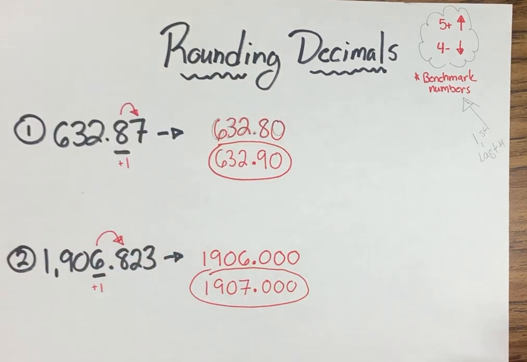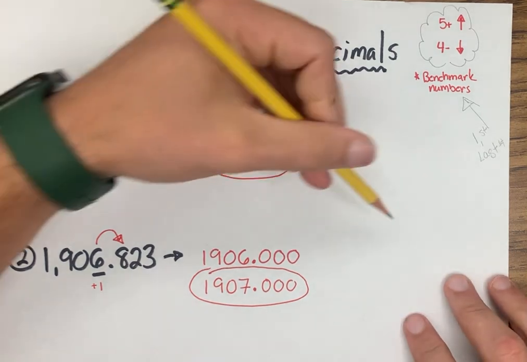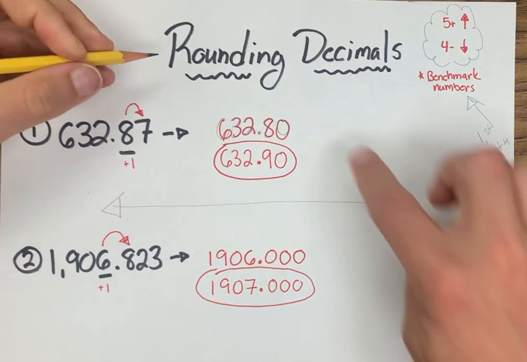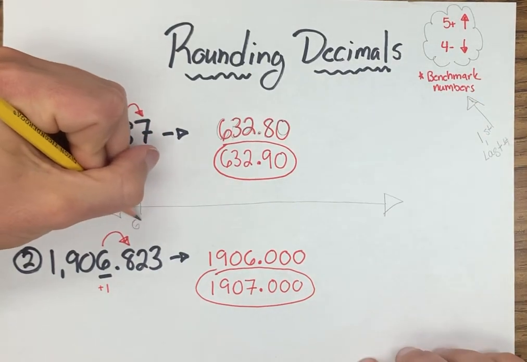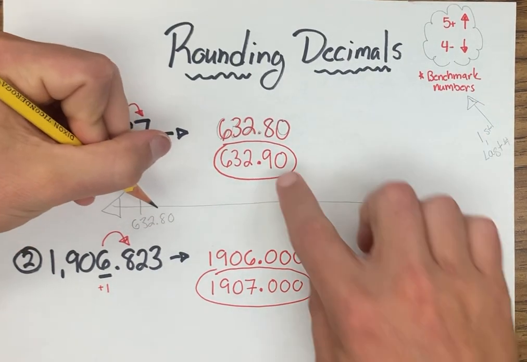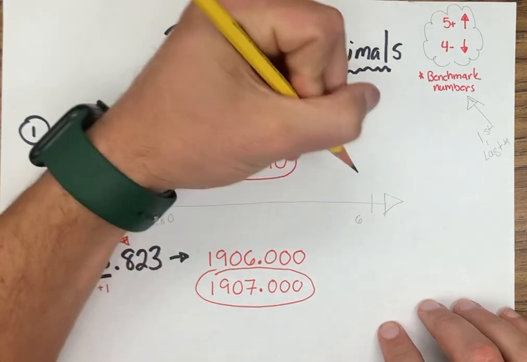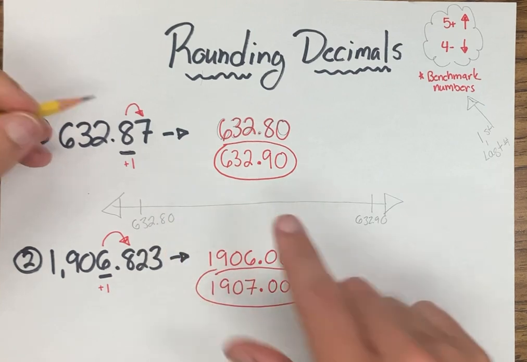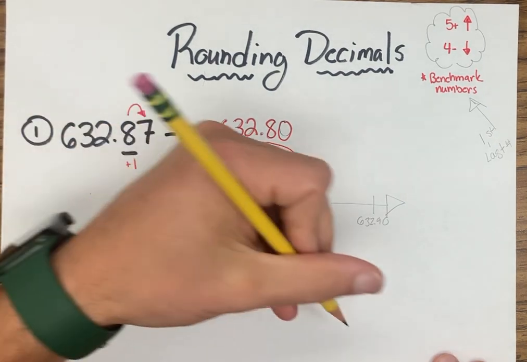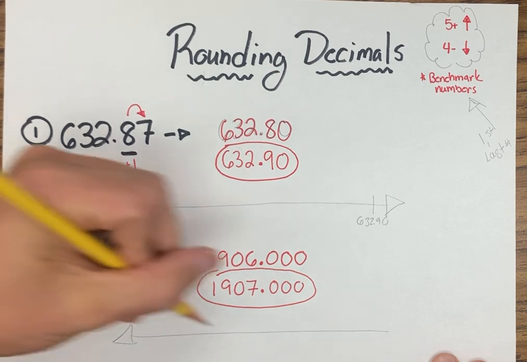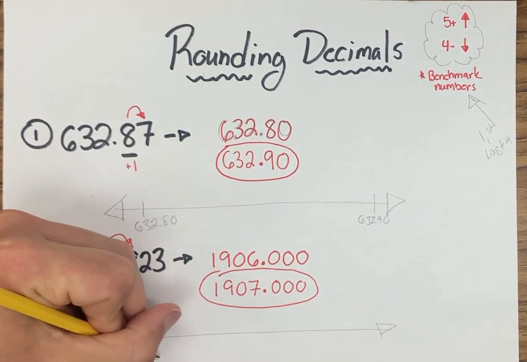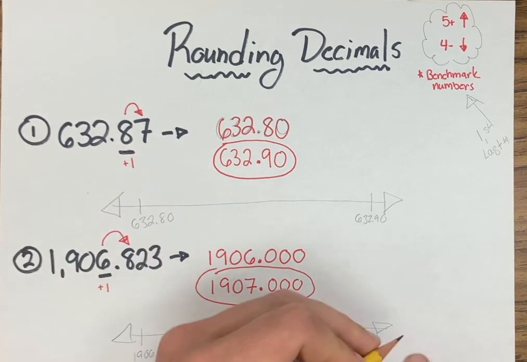The way I'm doing this can also help you if you have to create a number line, because if they're making you round on a number line, I'm just going to do it quick. You have found your first number, and you have found your last number. I'm sorry, I'm left-handed, by the way. And then you can make your little tallies as need be. Same with this one. You found your first number, which is this one, 1906.000. I found my last number,